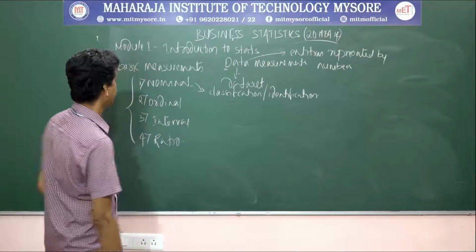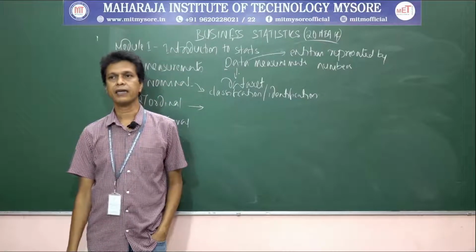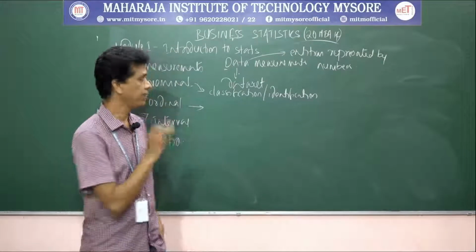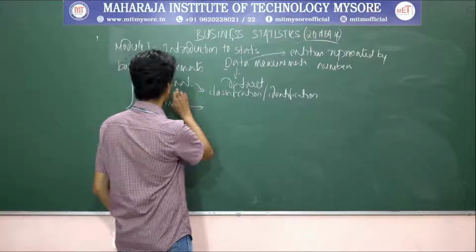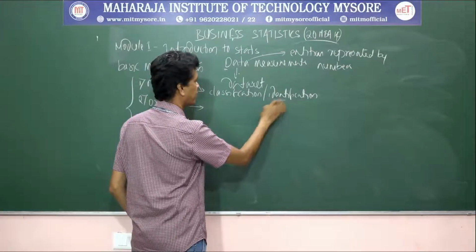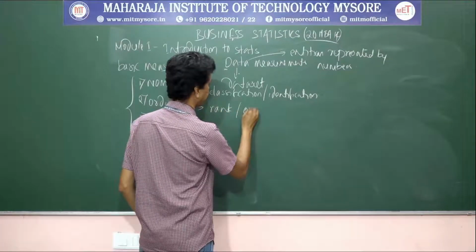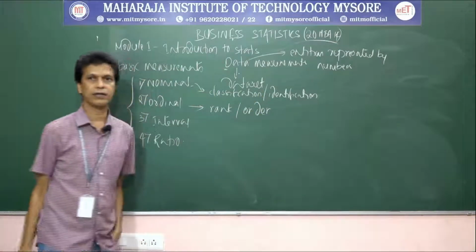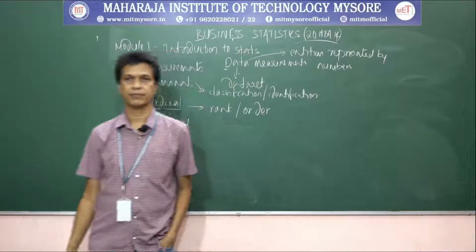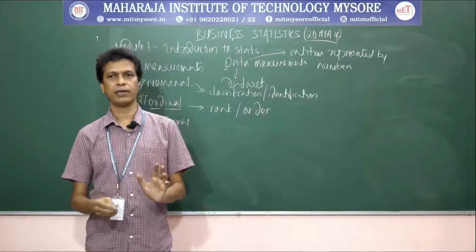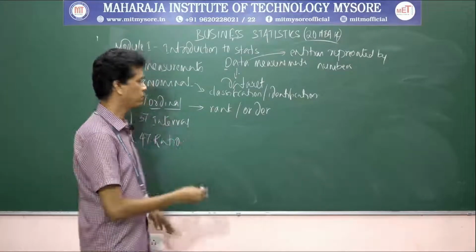And the next level is the ordinal. The ordinal scales include the characteristics of the nominal scale, and in addition they can be used to rank or order the objects. The nominal scale is used to classify or identify the object. Here we rank or order the objects. That is why ordinal means order. For example, a supervisor can evaluate 3 employees by ranking their productivity, their performance, with the numbers 1, 2, 3.